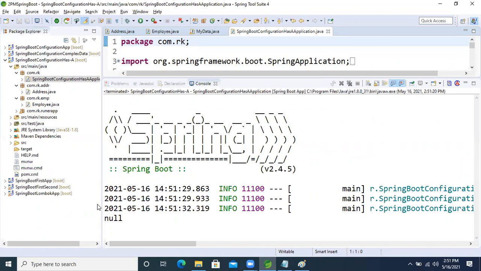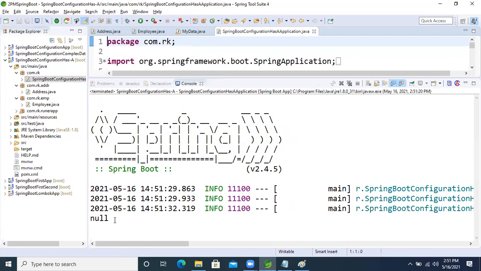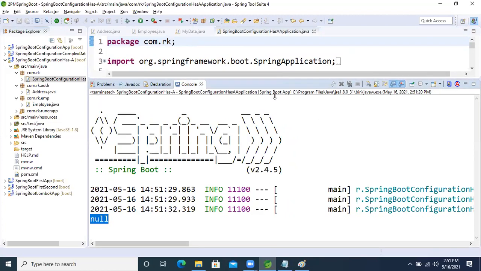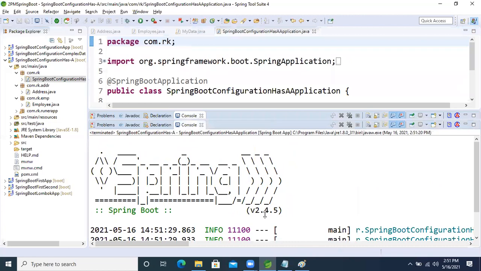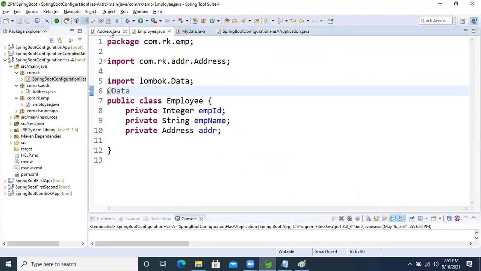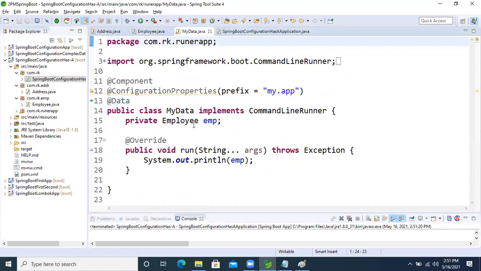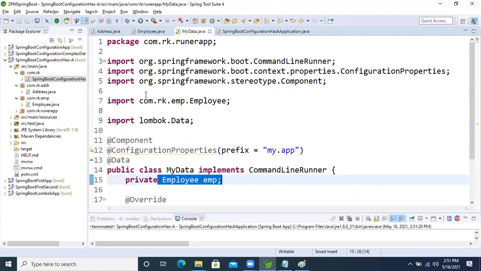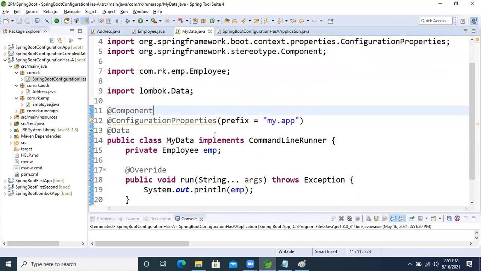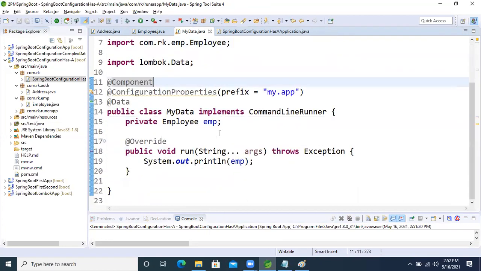See this, null. We are getting null here. YAML file, Ravi. Employee class is there, right? Property file, sir.